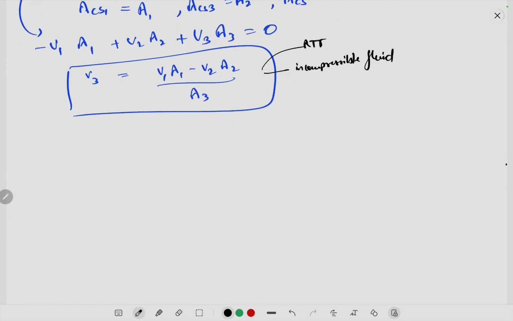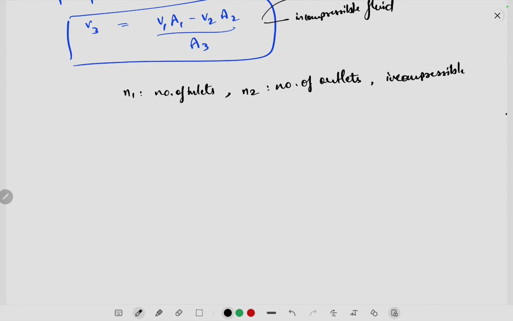Okay, so similarly, let's say if I am given n1 number of inlets and n2 number of outlets, and given the fluid is incompressible, then I can write summation i equal to 1 to n1 ai vi with a negative sign, because for inlets, if this is your inlet,